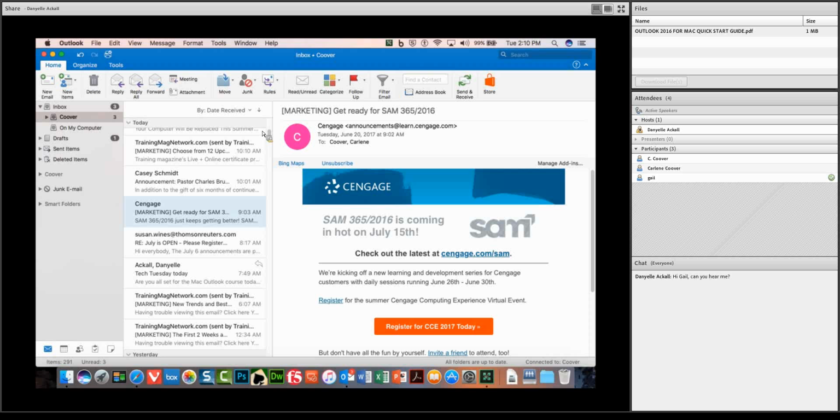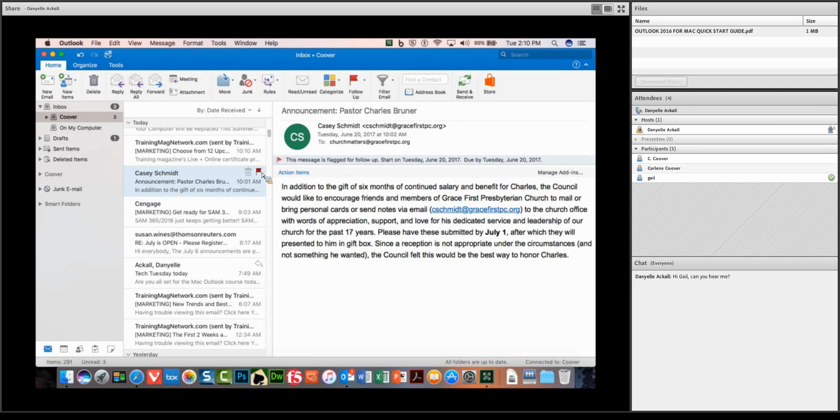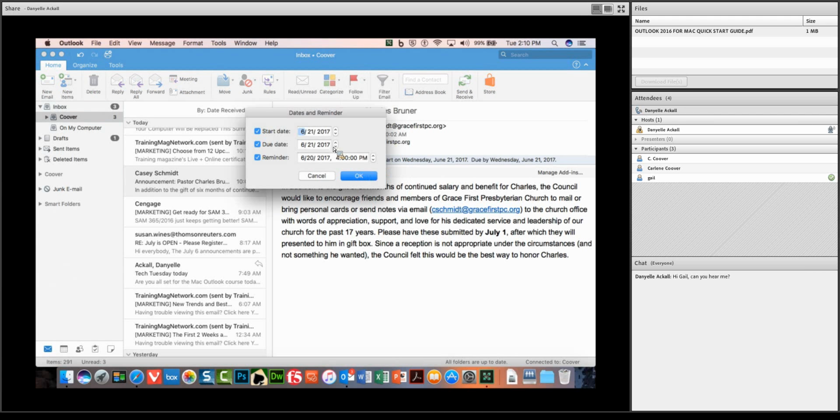Also, some people really like the follow-up flag. So here's something I would like to follow up on, this announcement. I'm going to click the flag button, and I can go up to the menu and say, let's flag that for tomorrow. And I want to add a reminder. Say tomorrow at,